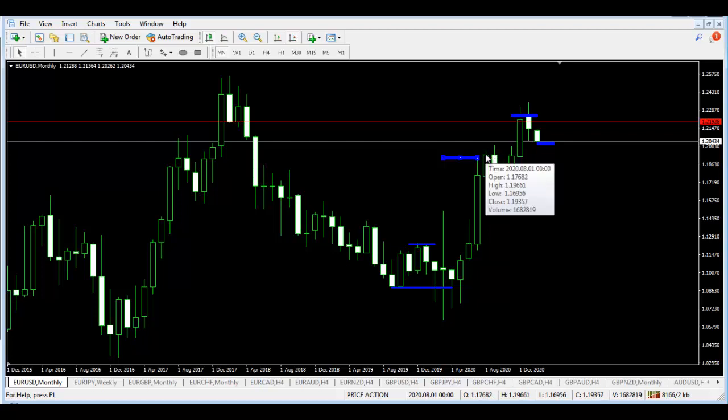This one closes at 1.1935 and this one opens at 1.1936, which is 1 pip. So that's good enough, and that's when I place